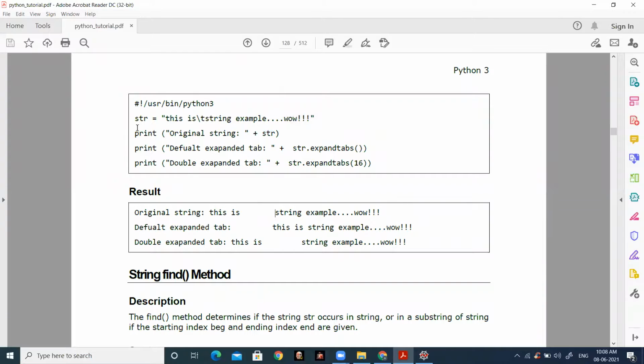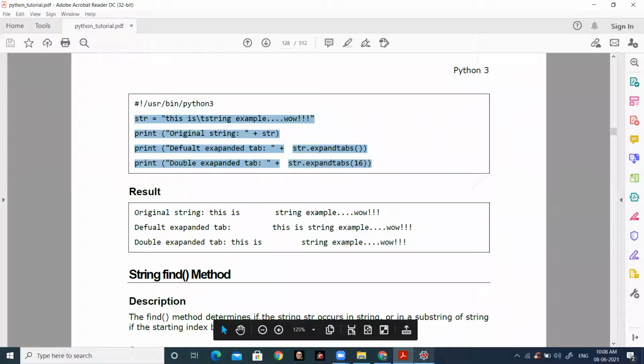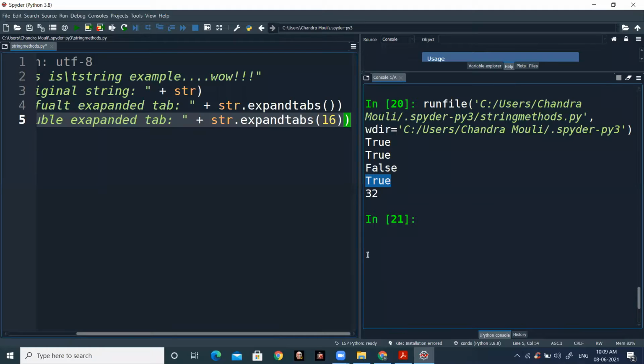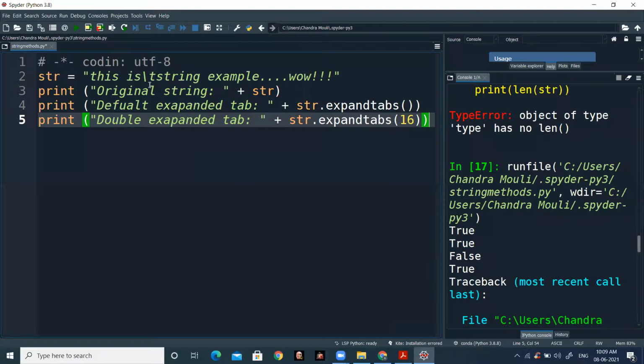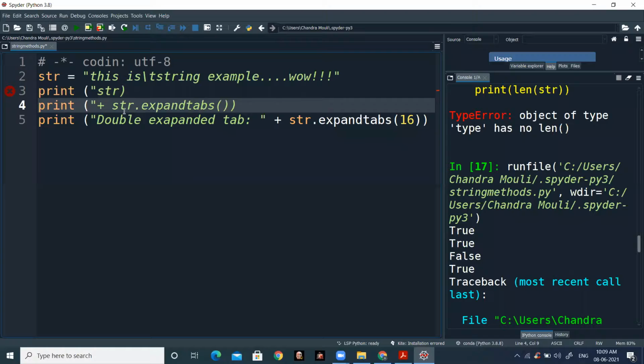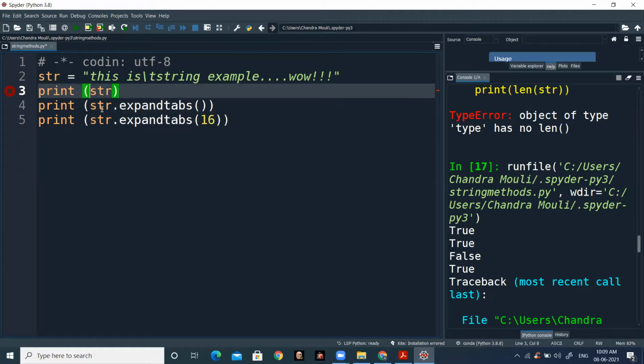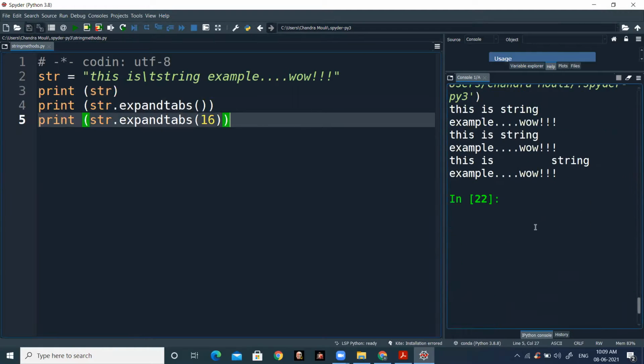So let me check this one. Here I'm just removing the extra things because they are not that necessary. We just took this for the user's understanding.